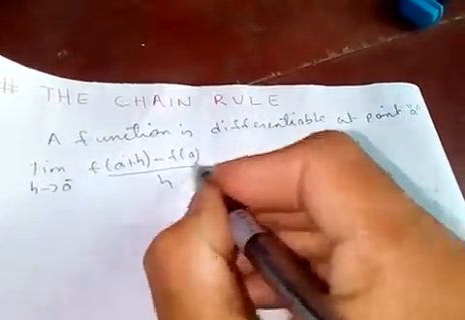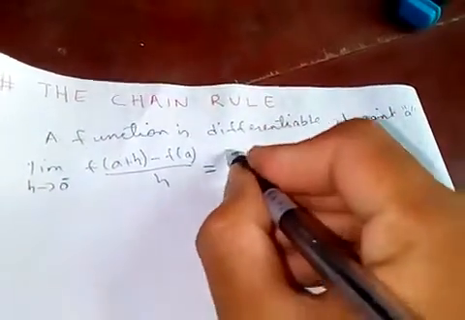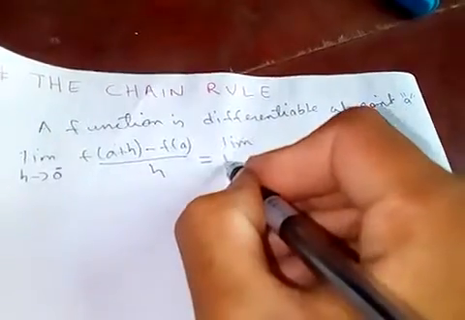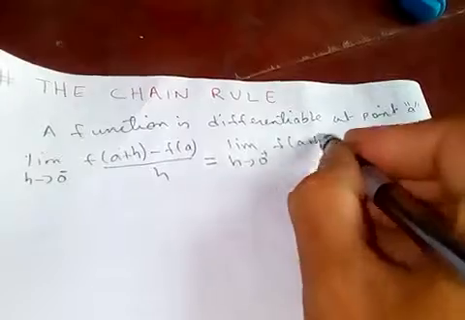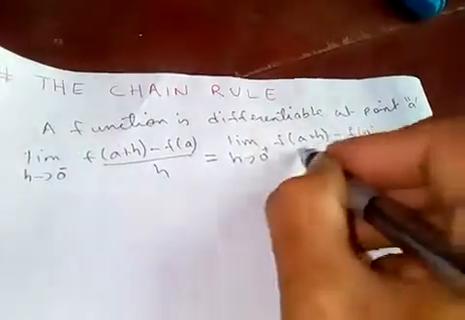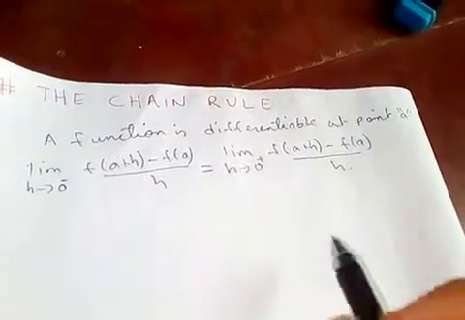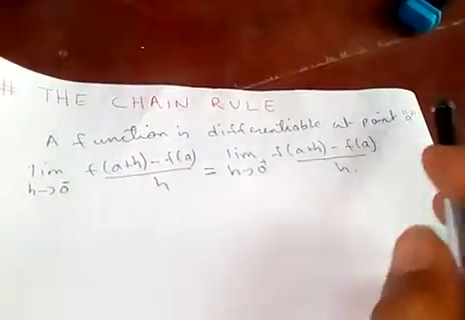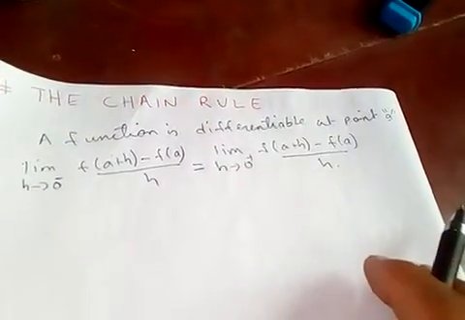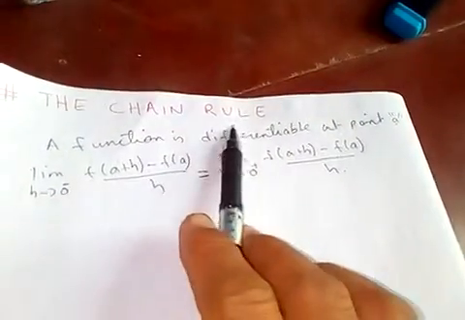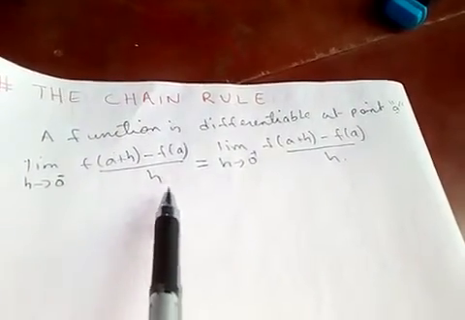The left hand derivative is equal to the right hand derivative. If the left hand derivative and the right hand derivative are equal and finite, then at that point a we say that the function is differentiable. Now the chain rule states that if f of u is differentiable at the point u equal to g of x,